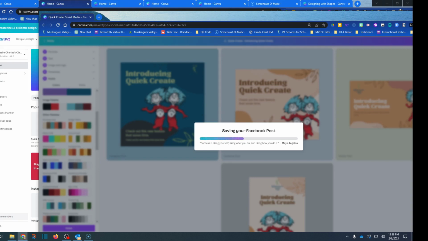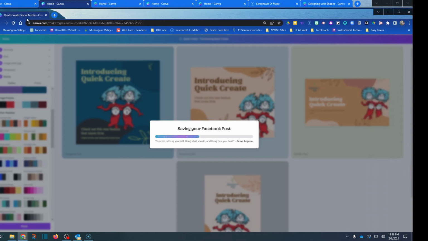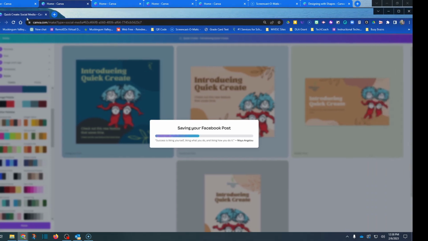So it's taking a few minutes because I added a lot of different elements in there, but once this goes completely across the little bar here, you're going to see all of those within your Canva presentation from your homepage. So pretty quick and easy way to create documents that goes across multiple platforms.